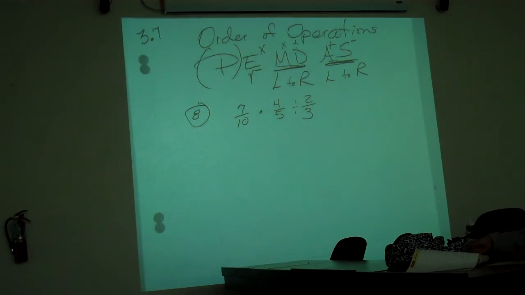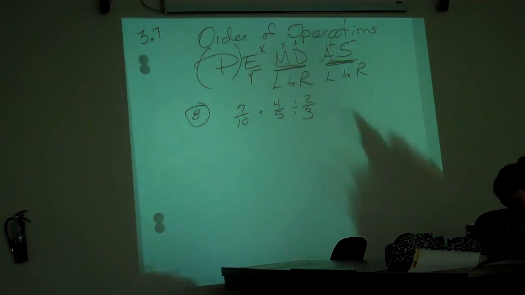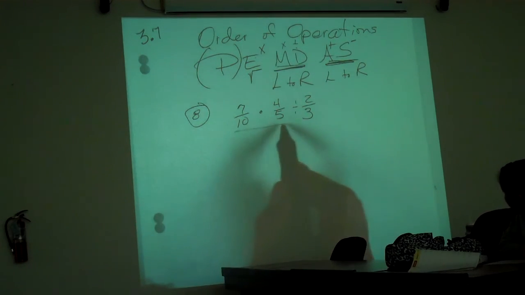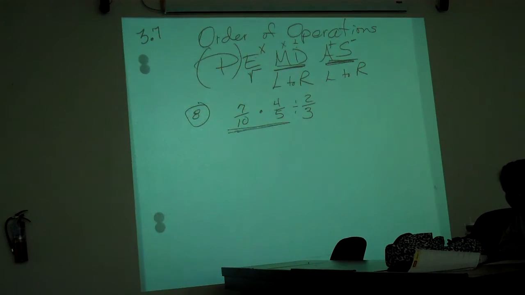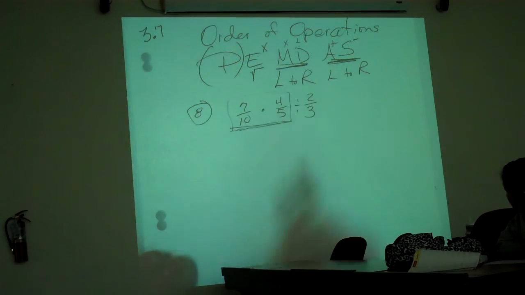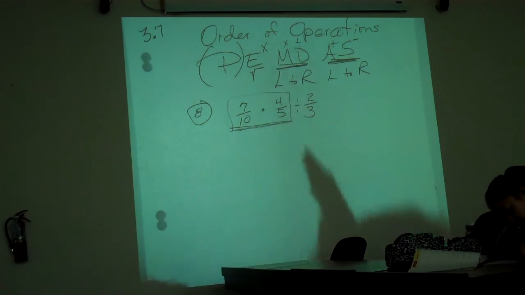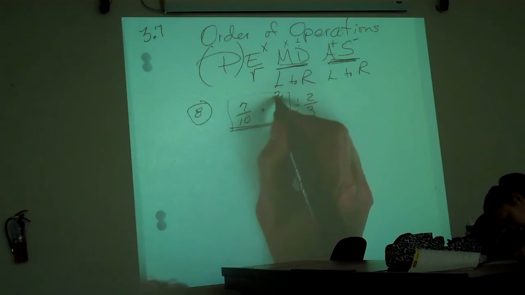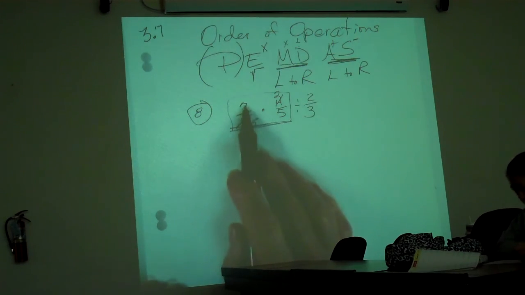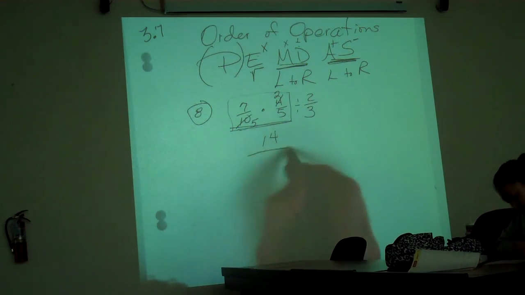Okay, there's no parentheses, no exponents, square roots. So multiplying and dividing, we're going to do left to right. For multiplying and dividing, we're going to do this one first. Are we going to get a common denominator here? No. Not if you're not adding and subtracting. Multiply and divide, it's fine like it is. So we're doing this part first. Yeah, we can cancel here, the 4 and 10, right? Divide by 2 is 2, divide by 2 is 5. So you have 7 times 2 is 14, 5 times 5,